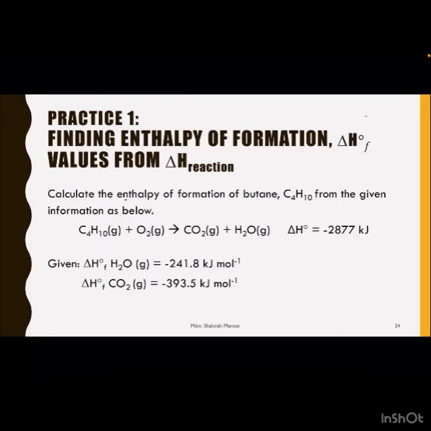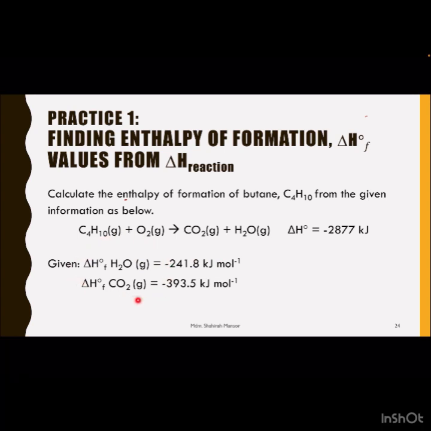In this example, you are going to find enthalpy of formation values from enthalpy of reaction. So let's have a look at this kind of soalan. Calculate the enthalpy of formation of butane from the given information as below. So we have this given chemical equation with the respective enthalpy of reaction and also enthalpy formation values for these